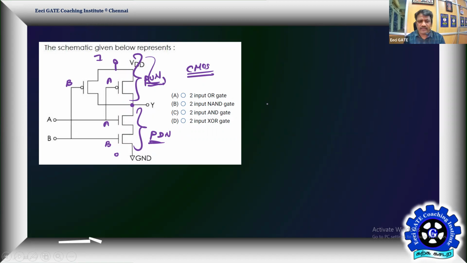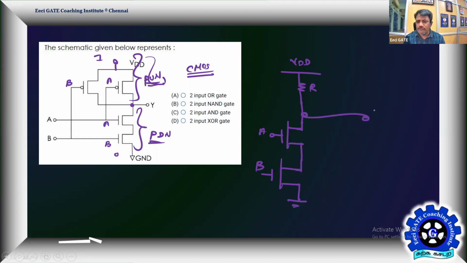Say for example, let me go by the pull-down network. Let me feel like I have a pull-up resistor. So this is VDD. Instead of PMOS, I'll have a pull-up resistor, then two NMOS transistors. Let me connect them this way. With this itself, we can conclude the problem. This one is excited by binary signal A, the digital signal A, and the other one is excited by B. So there are two NMOS switches, functioning only as switches. Now go for the output Y.